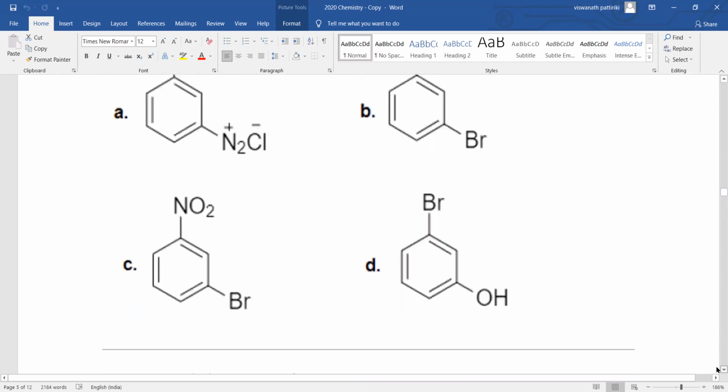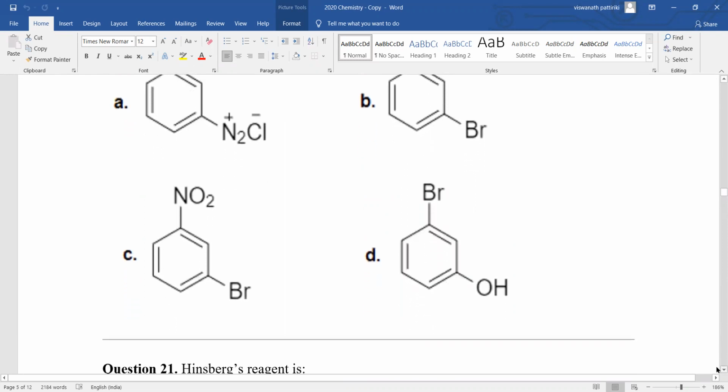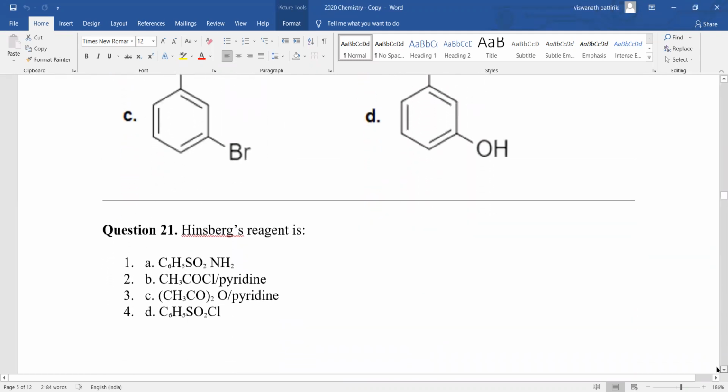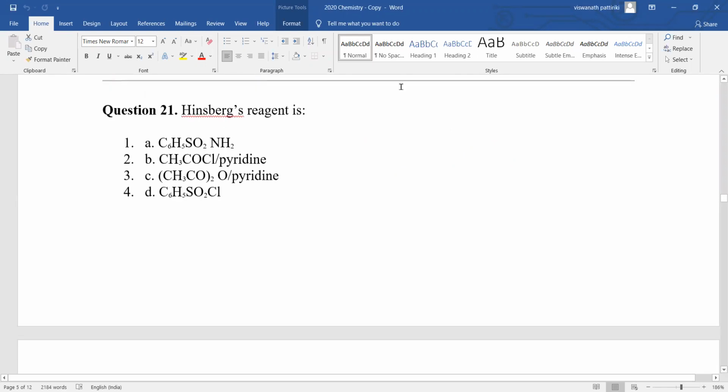Okay, so why I'm doing it on Word is, if you do it on PowerPoint, I have to copy this and make all these things. So it is time consuming. Because of that reason, I'm directly doing it on Word. So that's why it will take some time. Okay, I will divide this paper into 2 halves. 30 questions in one half and 30 questions in the other half.